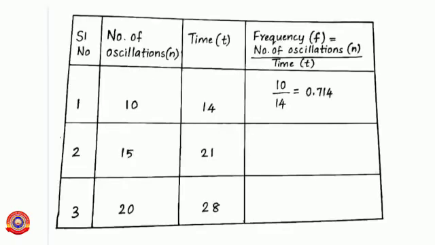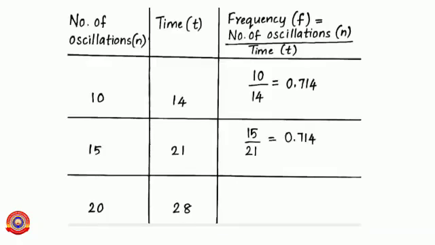If the time taken for 10 oscillations is 14 seconds, then frequency F equal to number of oscillations divided by time. That is equal to 10 divided by 14 equal to 0.714 Hertz. And the time taken for 15 oscillations is 21 seconds. Then frequency equal to 15 divided by 21. That is equal to